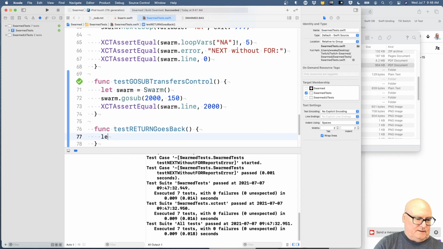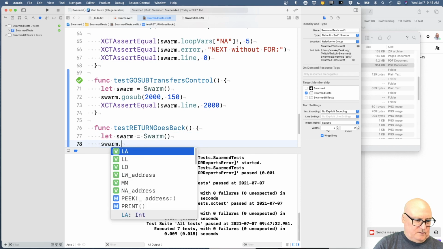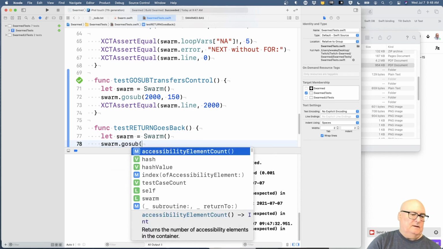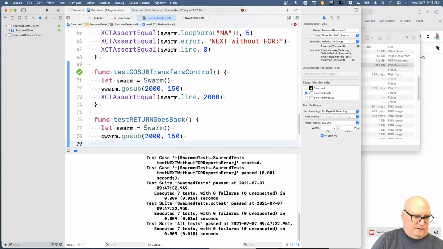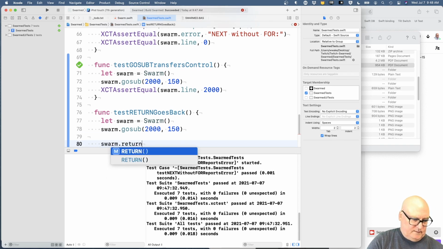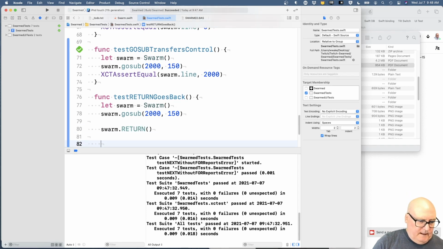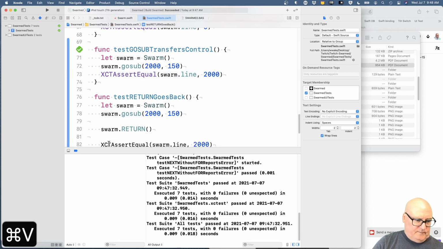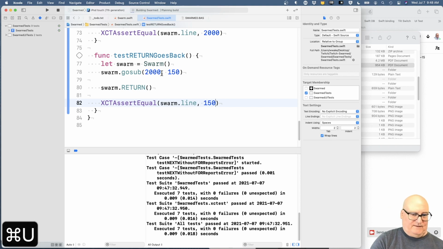Okay, so swarm.GOSUB 2000 transferred 150. Now if we do swarm.return, okay, when we get back, we expect the line number to be 150. All right, and the only way it's going to be 150 is if this thing kept it around. This test I expect to fail. So,